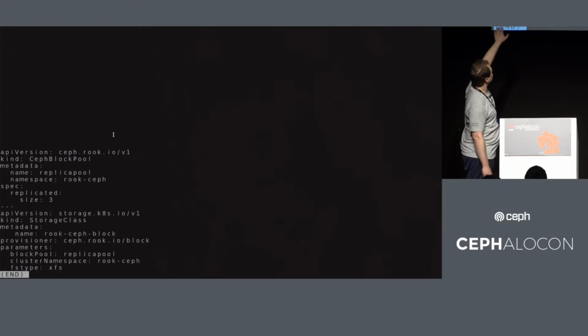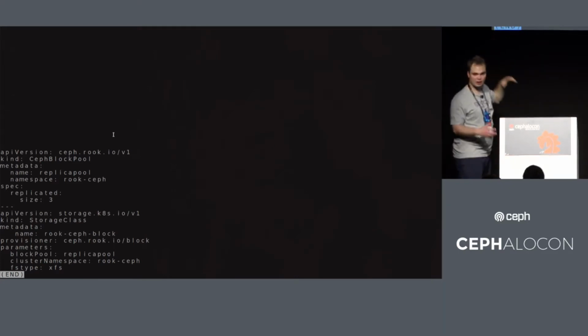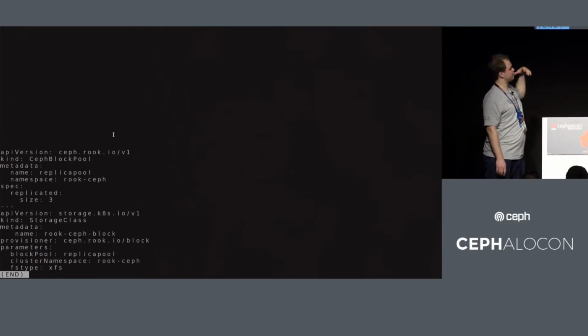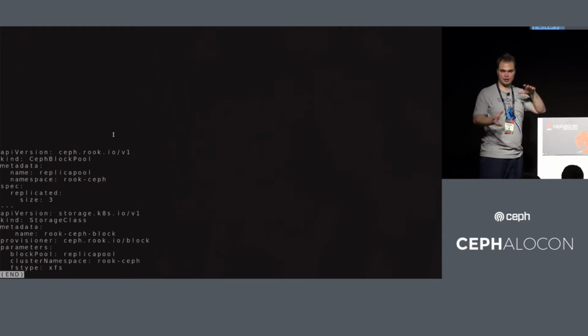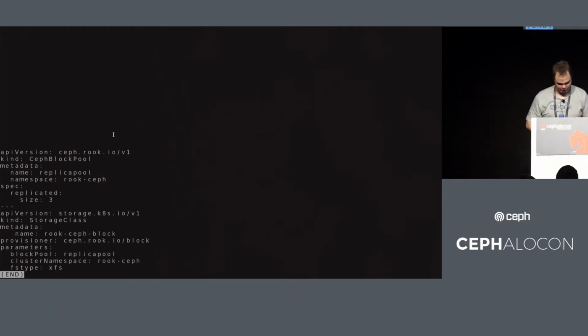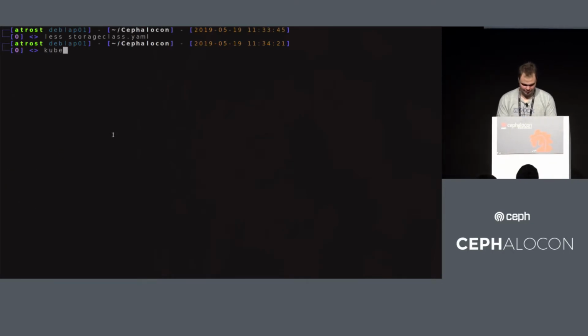looking at the top part, we have again a Ceph block pool object, which we briefly had with the storage example. Basically, those 2 examples we had there are combined. We say, please create a pool named replica pool with a size of 3, and the storage class again references this Ceph block pool and the namespace of the cluster. So if we go ahead and create that,